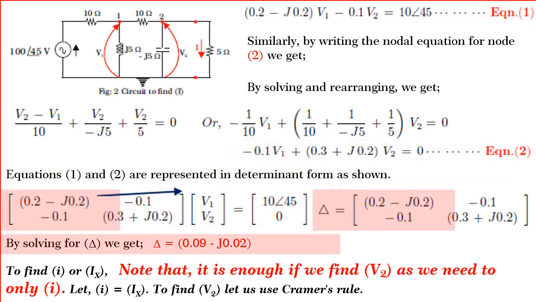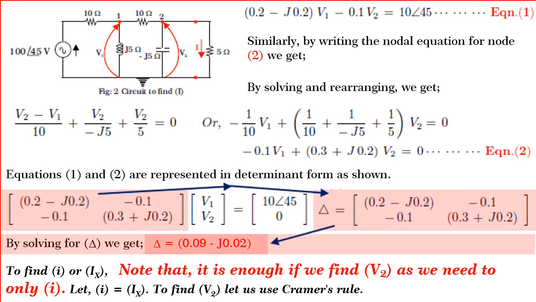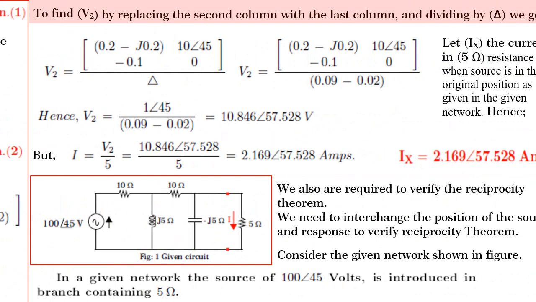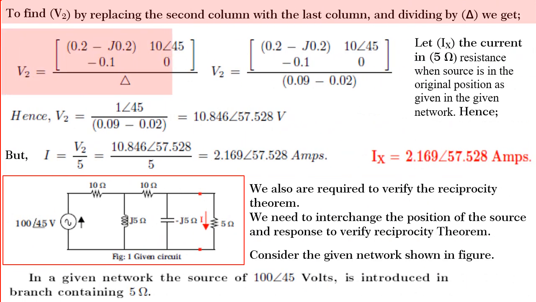By solving for delta, we get delta is equal to 0.09 minus j0.02. To find I or Ix, note that it is enough if we find V2. To find V2, let us use Cramer's rule. So friends, by replacing the second column by the last column and solving for V2, we get V2 is equal to